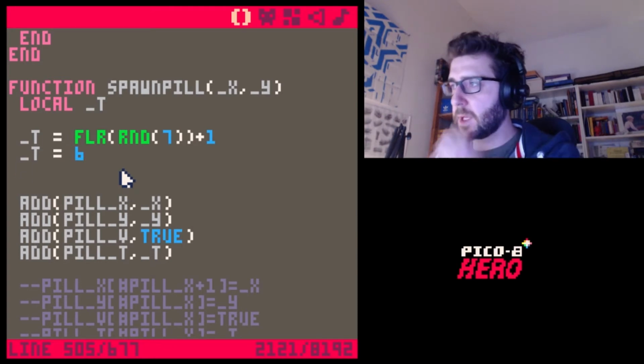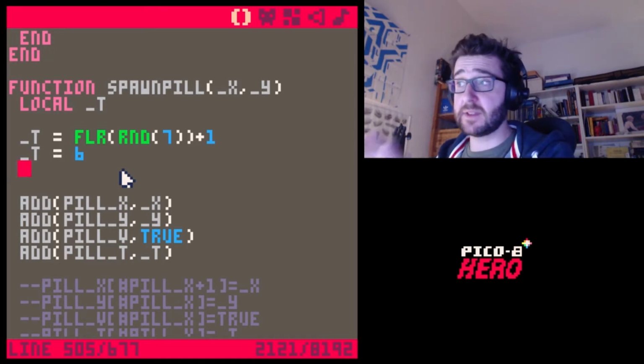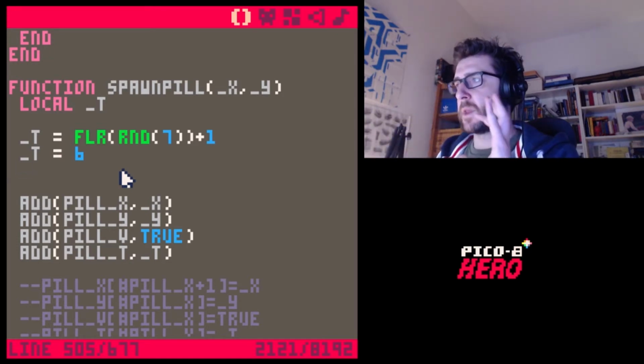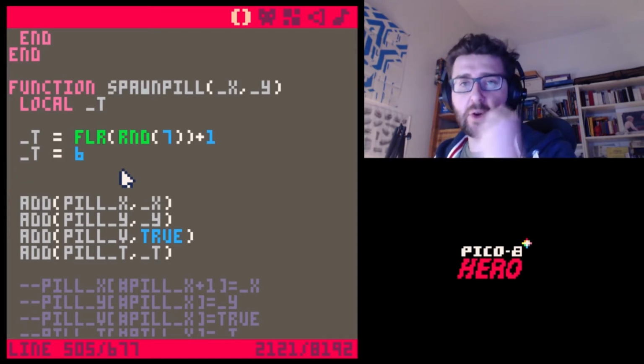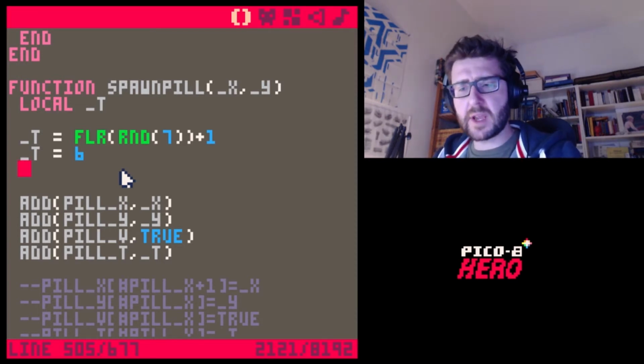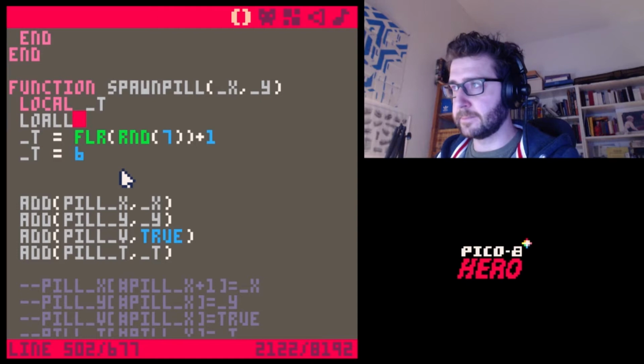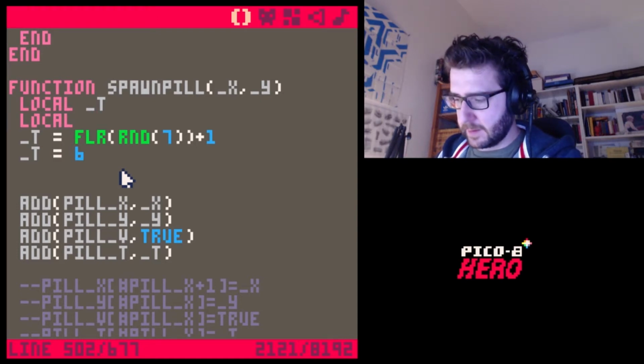This is a setup or a structure that we will have a lot of times in our games, and you will have a lot of times in your games as well. We have just an array, and that array contains a bunch of similar objects. Whenever you add an object to those arrays, I think it's good to have a scaffold reference, so to speak. So a little local variable. I want to call it underscore